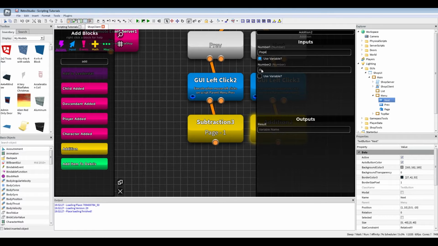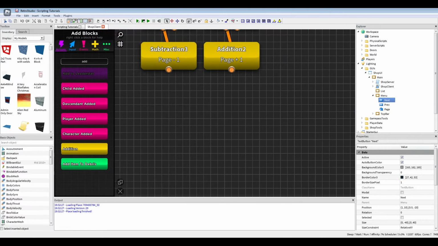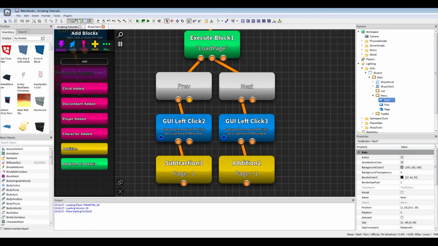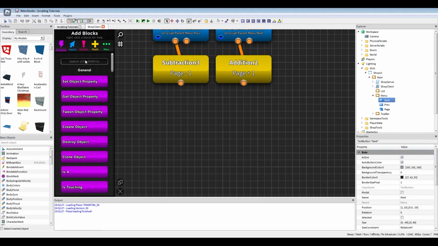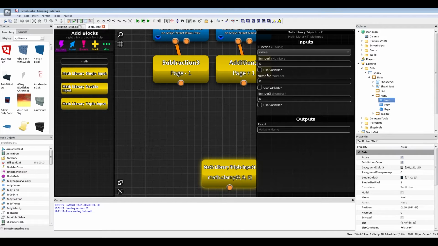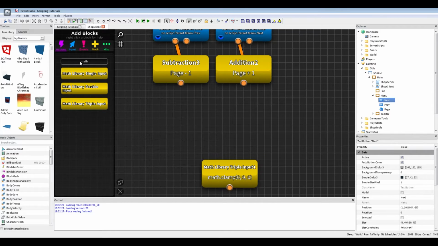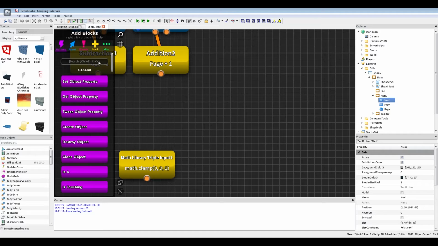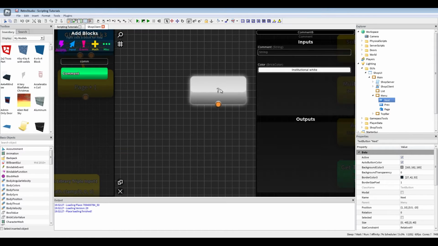So page +1 is new page. After that, we can combine these two, and we will need a math triple input, a clamp. So clamp basically is this, for new page is